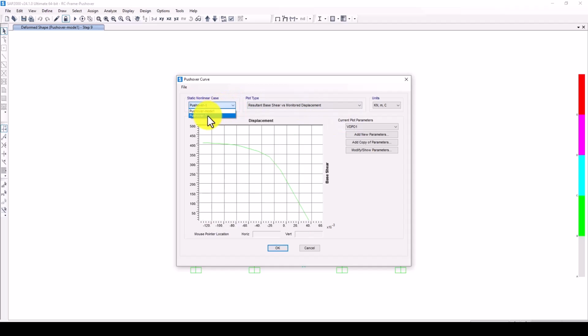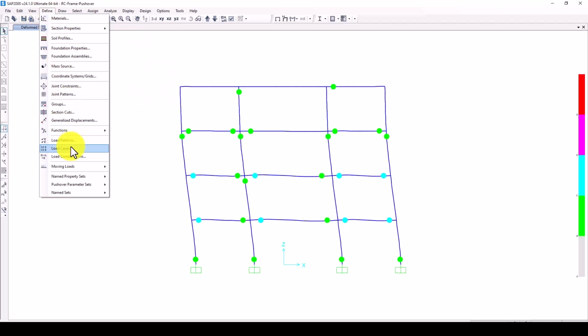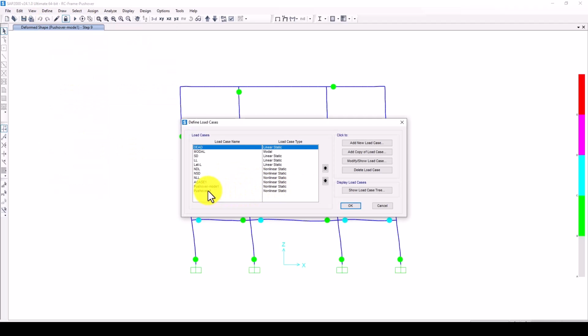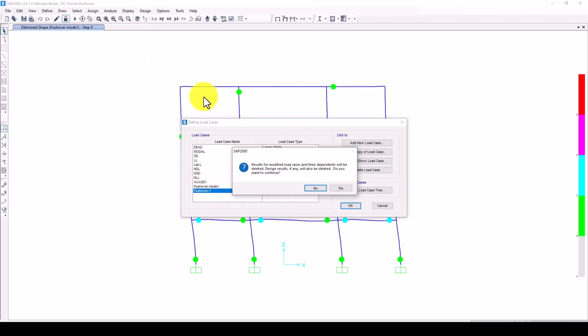This is mode 1 and mode 2. Pushover one was pushover and one was mode 2. I must check it in the. Yeah, this is mode 2. Yes, this is mode 2. So the name is a little different. So mode 1, mode 2,